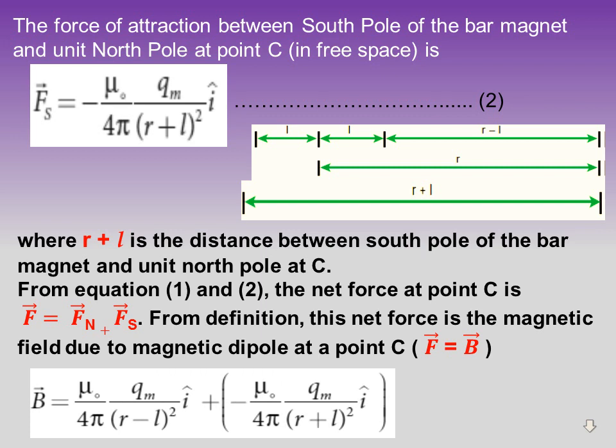By applying equations 1 and 2, the magnetic field B is mu naught by 4 pi Qm by (r minus l) the whole square i cap plus, minus mu naught by 4 pi Qm by (r plus l) the whole square i cap, is equal to